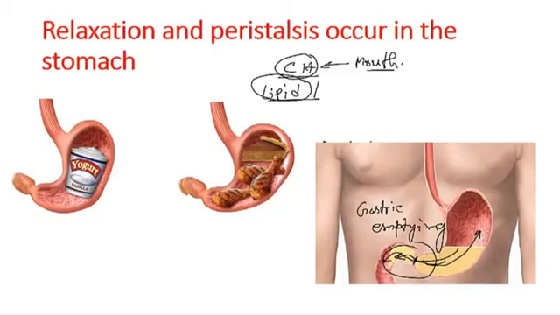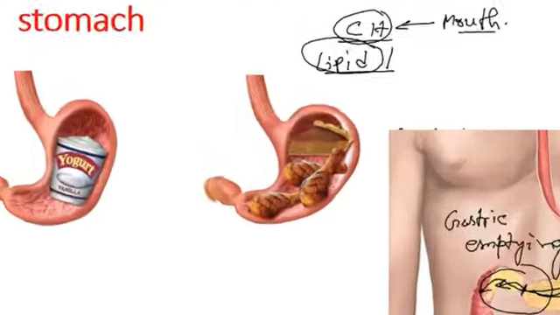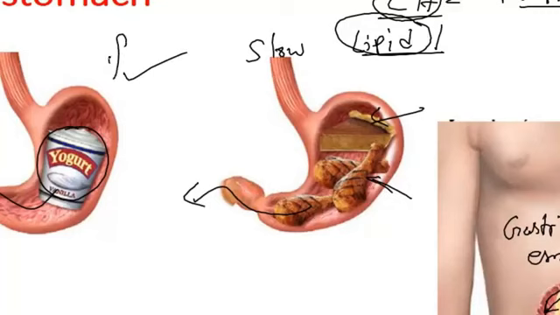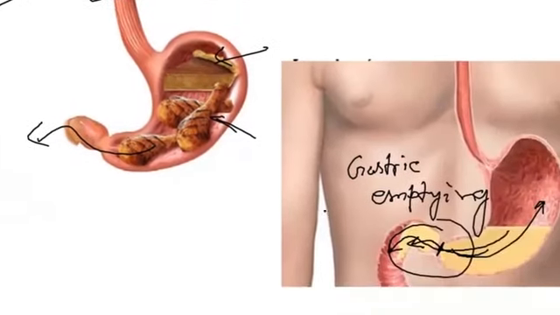This process is working slowly, one at a time. A little amount of food is transferred at a time from the stomach to the next part. So digesting a yogurt will be much faster than digesting all the components of cheese and a lot of chicken and related content. That is another thing you need to know: this is a slow digestion, this is a fast digestion. And the rate of gastric emptying is also slowed by the presence of fats,